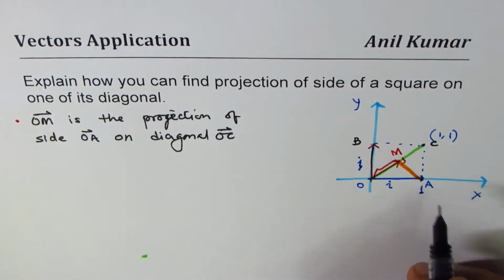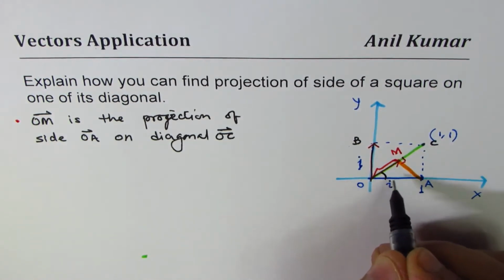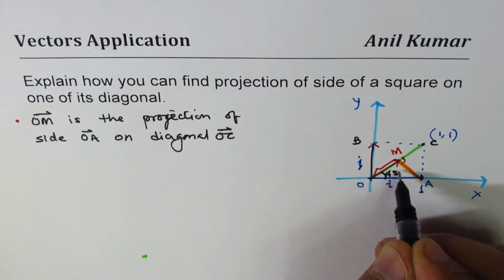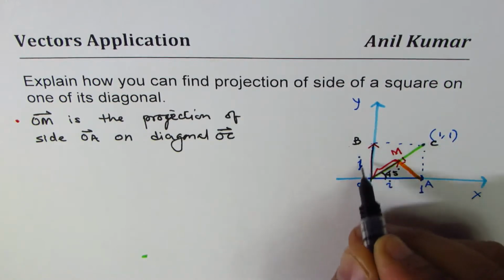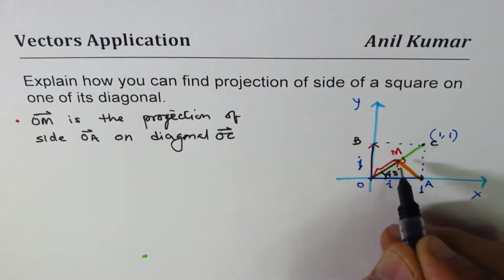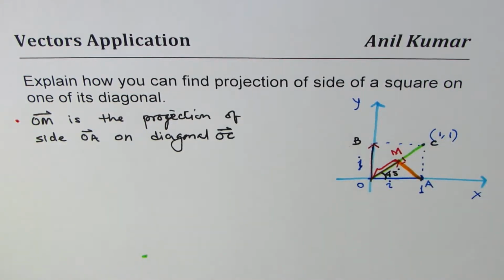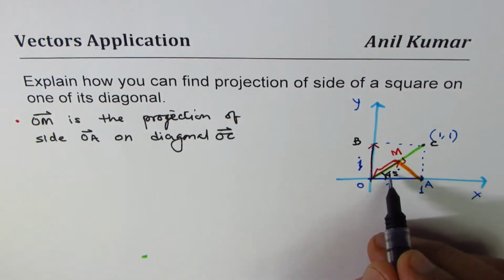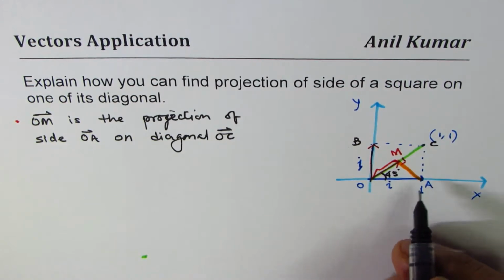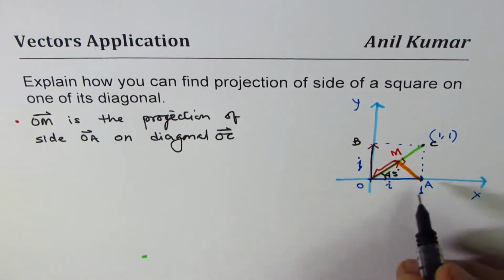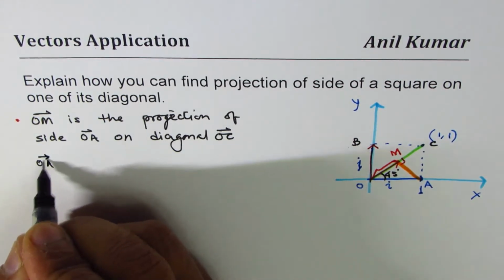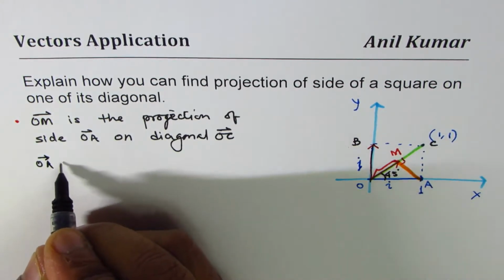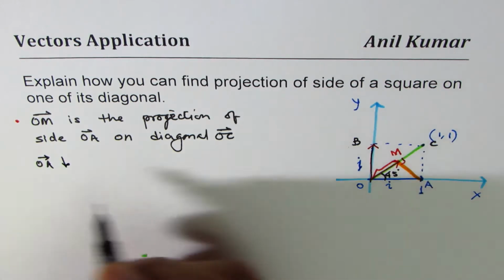Okay. Now what is this angle? This angle has to be 45 degrees, correct? Now in a square, diagonals bisect at right angles, right? Therefore that is 45 degrees. Now we can see the projection of OA on OC